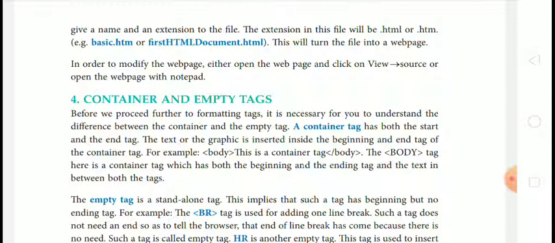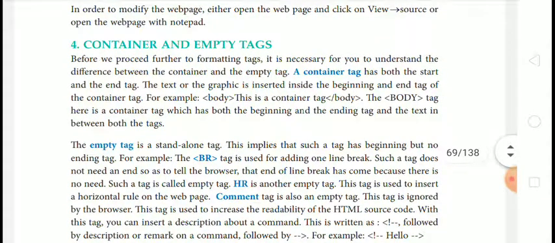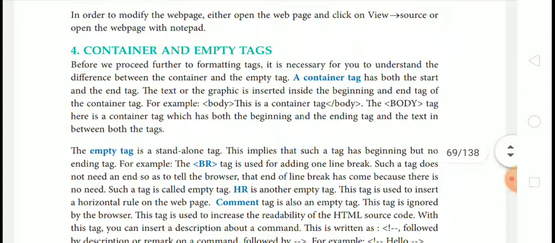Means if you are saving your file, first will be your file name and then after that .html. So your file will save as a web page. In order to modify the web page, either open the web page and click on View Source or open the web page with Notepad.